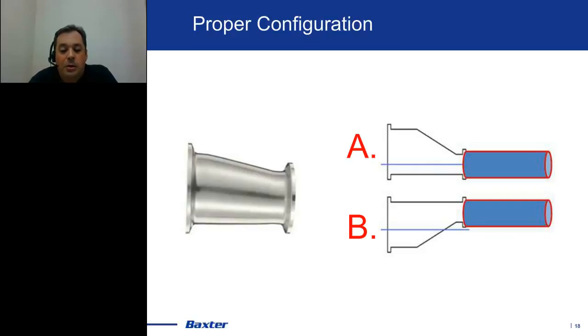So I know this is a trick question, but it is really to get you thinking about that there is sometimes more than one issue that's involved with this design. Now, if we were reversing the flow, if the flow was actually going from right to left, then B is actually a really good design for that type of flow scenario, because your drainability is good and also your cleanability is good. But we can't always go from a small diameter to a large diameter, so it really depends on your system.